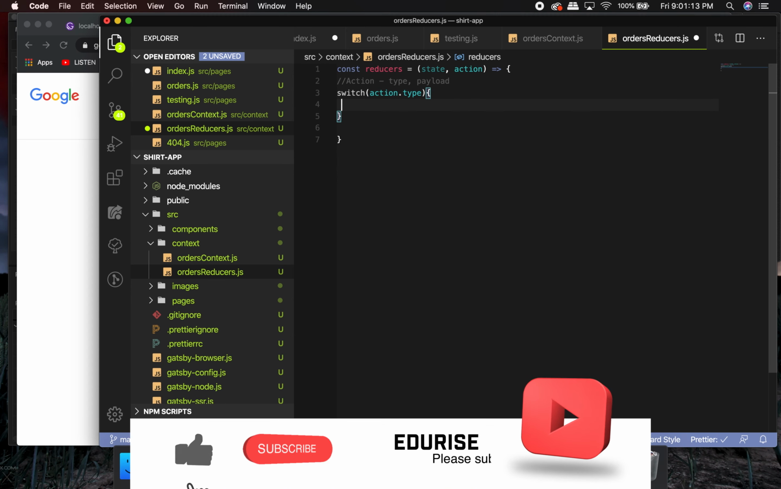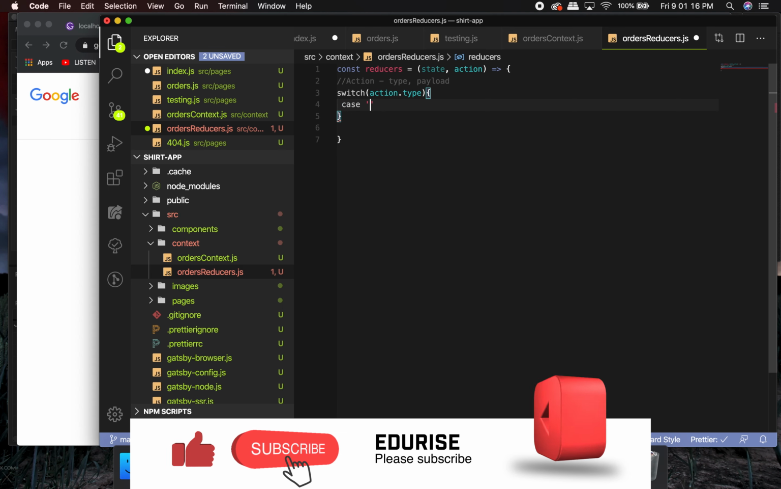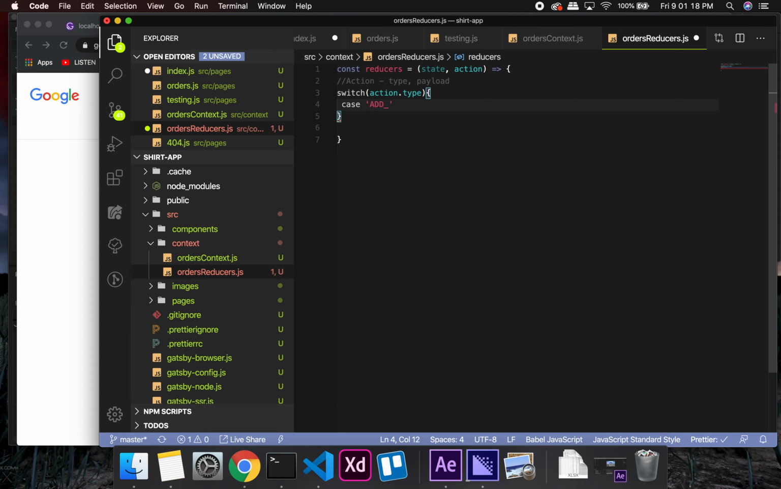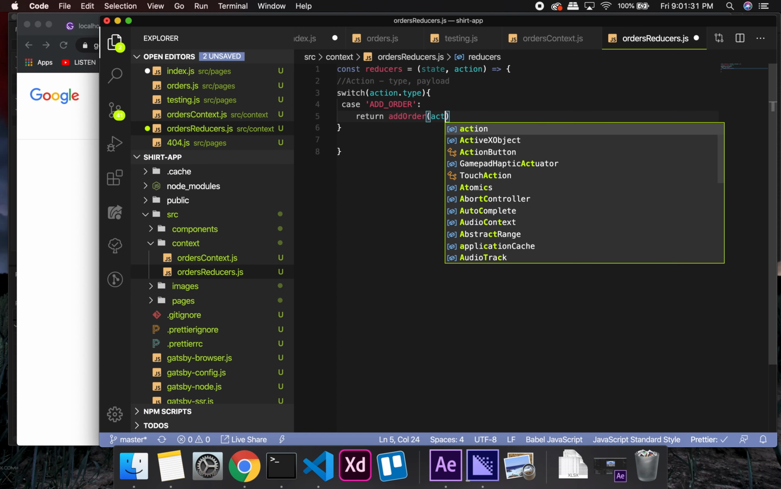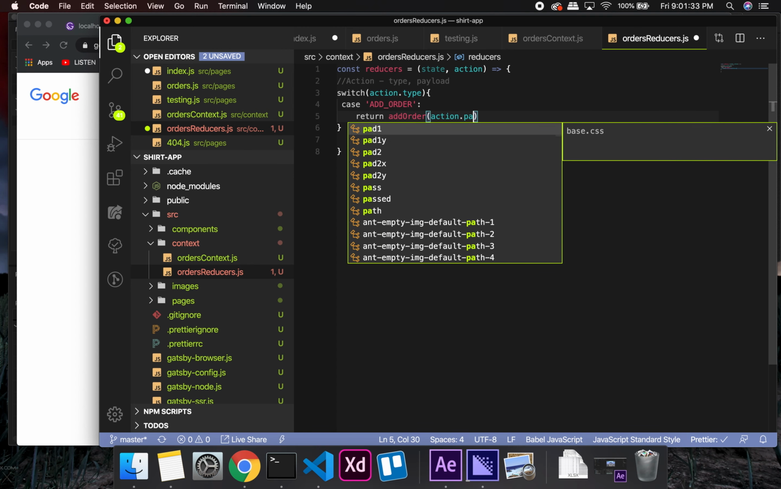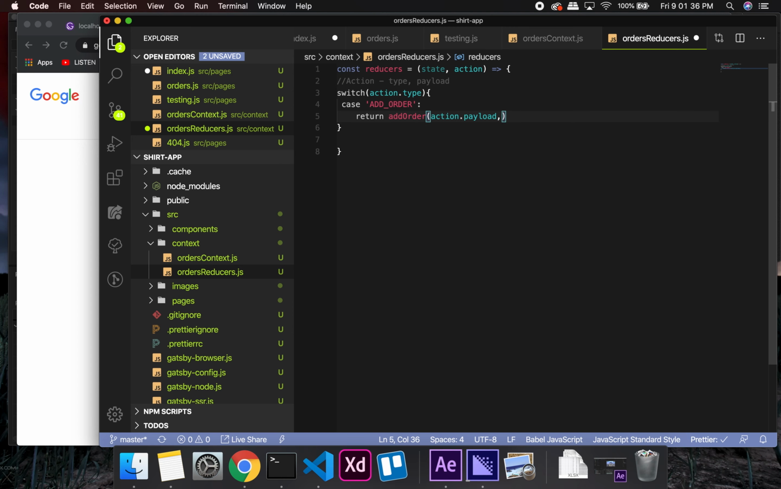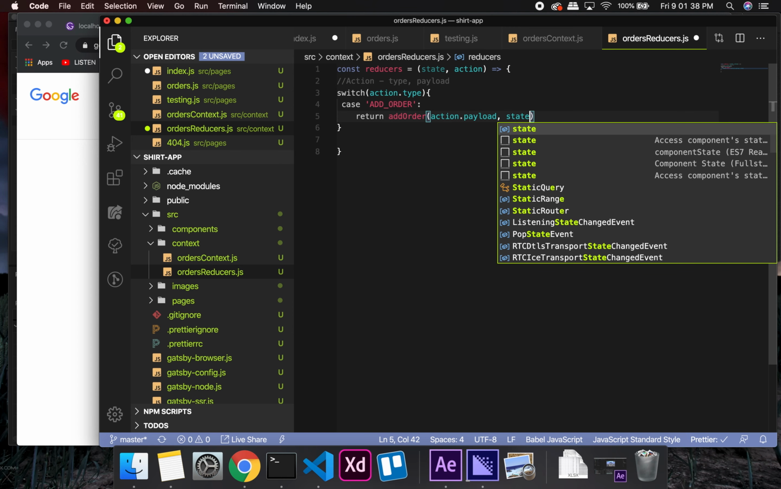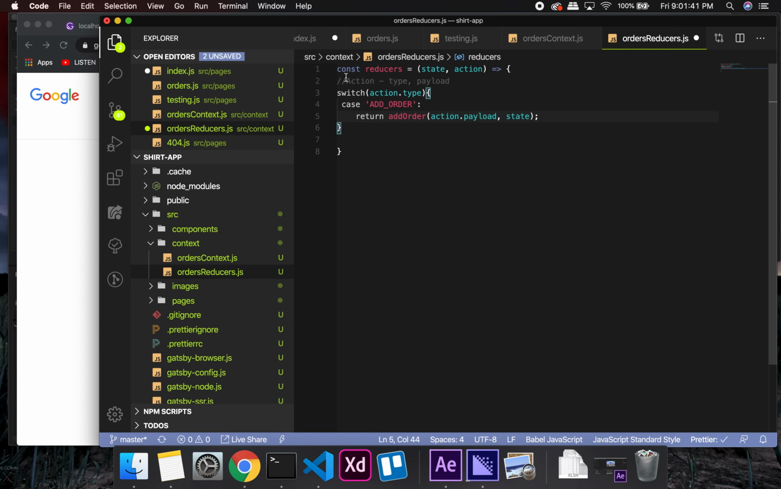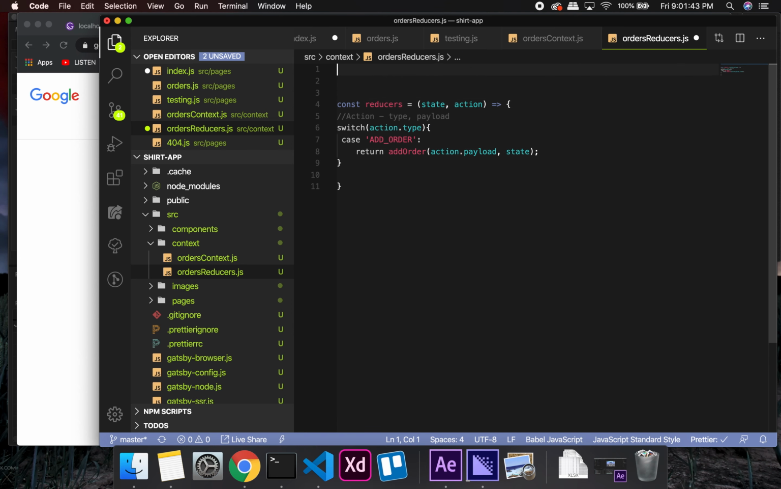So this is going to take a case, add order, and here what we are going to do is return a function, and this function will be addOrder, and this will take the action.payload, and it is going to pass in the state as well. So we haven't created this function yet, so let's create this function. So const addOrder, this is going to take the